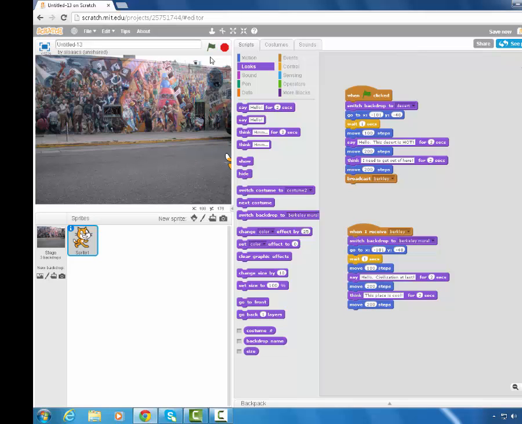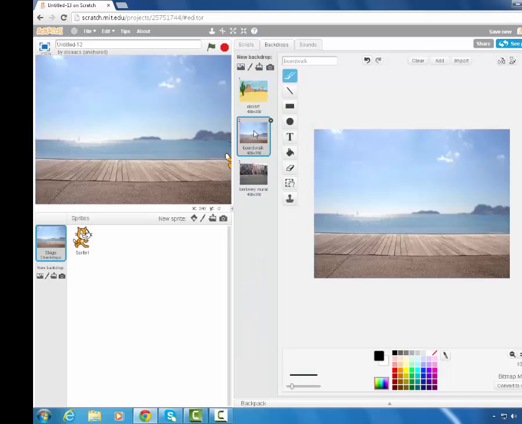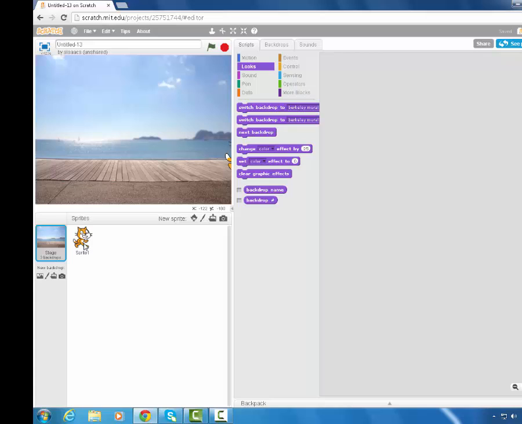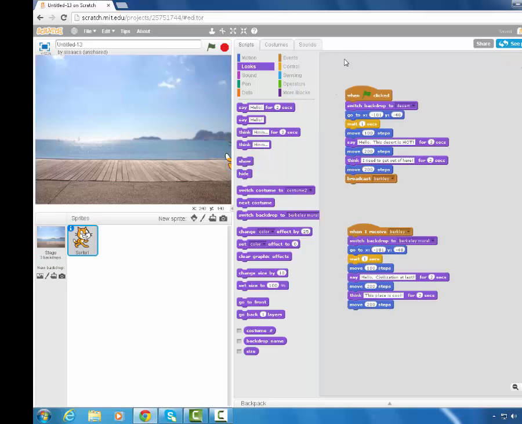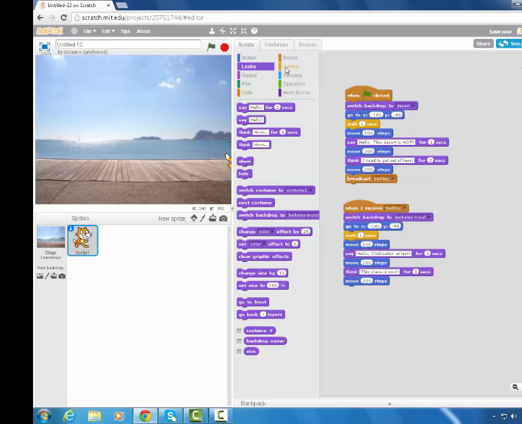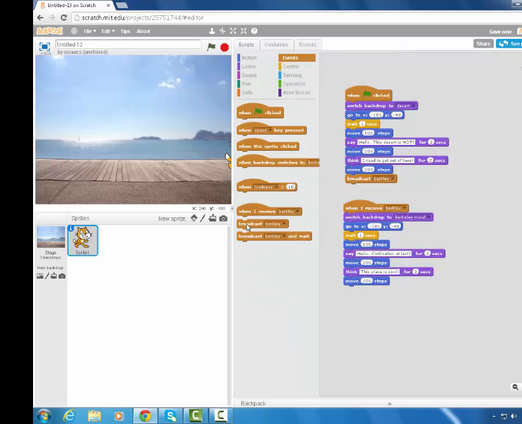Now, like I had said, let's say we want to add another character in the final scene. I'm going to go to the backdrops now and make this boardwalk the final one, because he was trying to make it to the water. So for this backdrop, here's the code for my sprite. I'm going to do another broadcast and receive, under events. I'll broadcast and call this boardwalk, and then when the cat receives boardwalk,